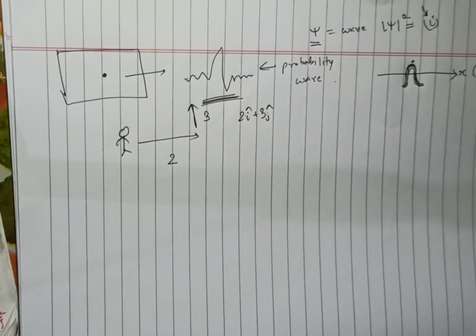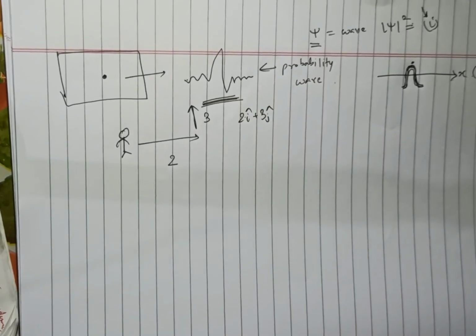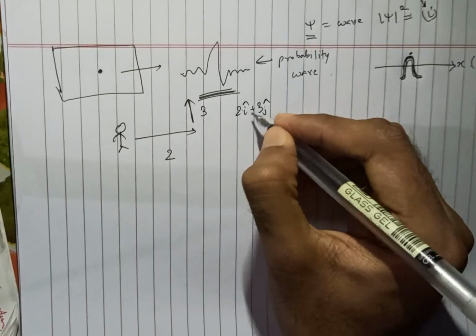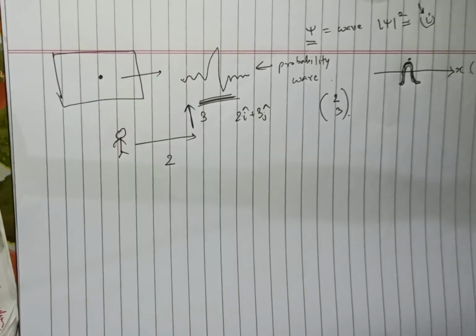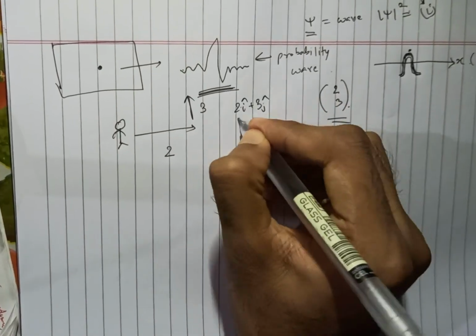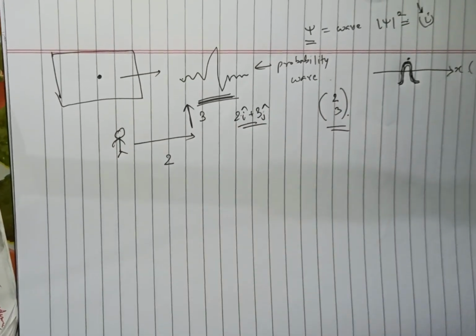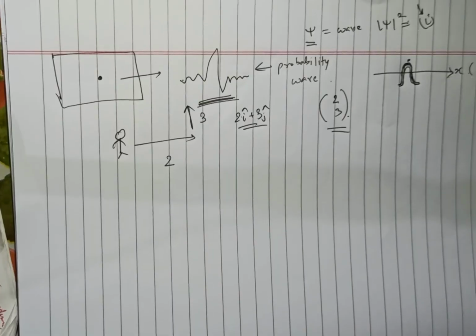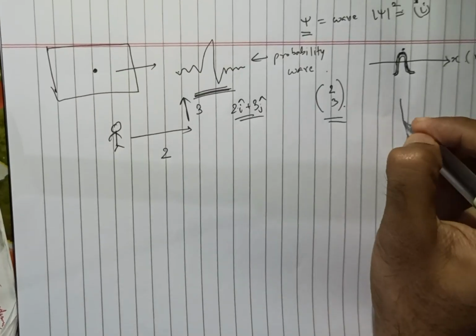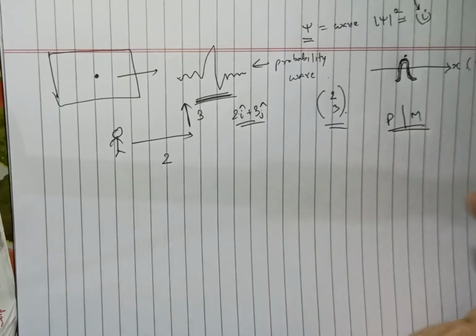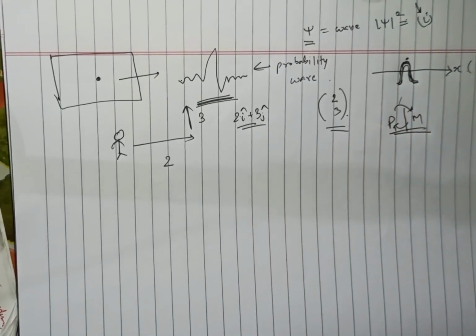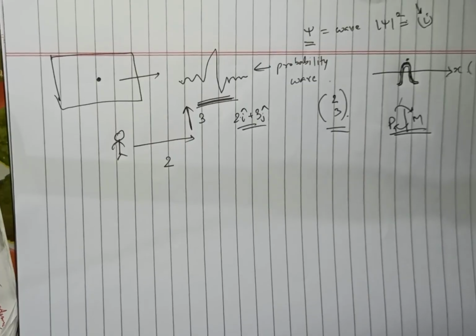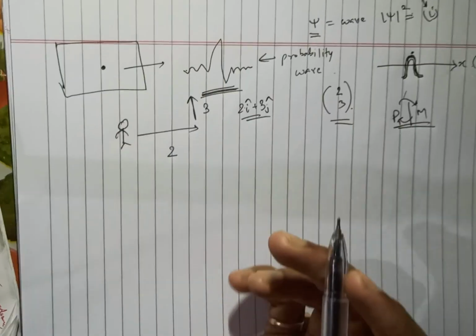Now, vectors do not necessarily have to be physical in nature. A vector can also be mathematical. This 2 and 3 can also be represented like this. This is used in mathematics and this is used in physics. Similarly, because quantum mechanics lies at the distinction between physics and mathematics, we keep jumping between these two. That's why we are using this mathematics system of matrices here.